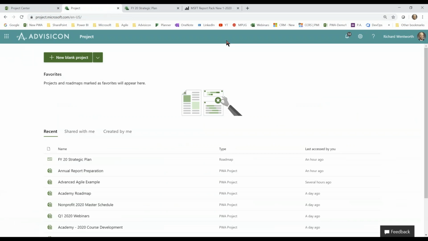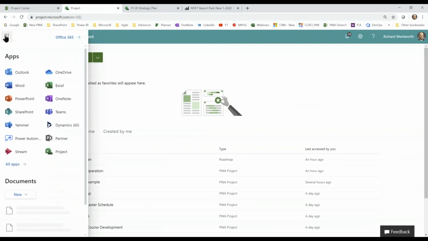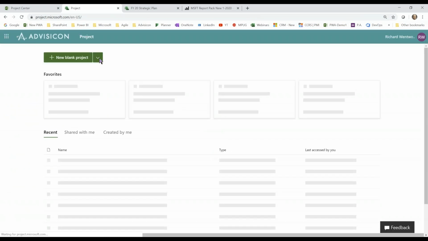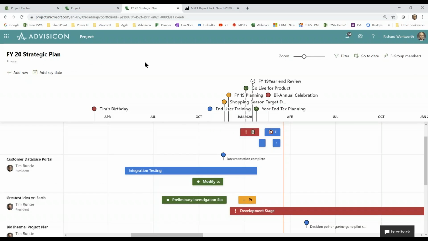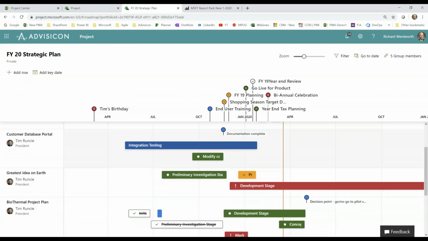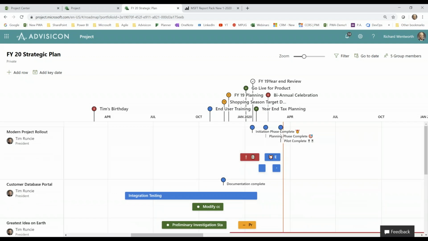using Project for the web. So if you go to project.microsoft.com, or if you just select the waffle and go down to your tab, then obviously this page loads as well. So this is where it opens up your access to Project for the web, as well as your roadmap. So the roadmap capability that you now have comes with Project Online. So a lot of benefits, a lot of capabilities that you are able to get from making that move from server to online.